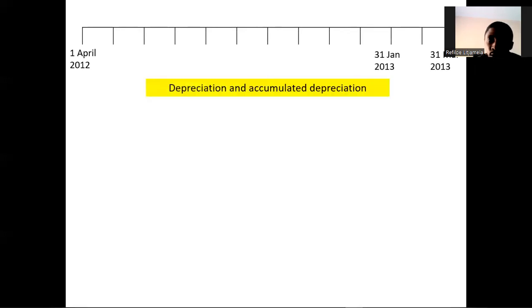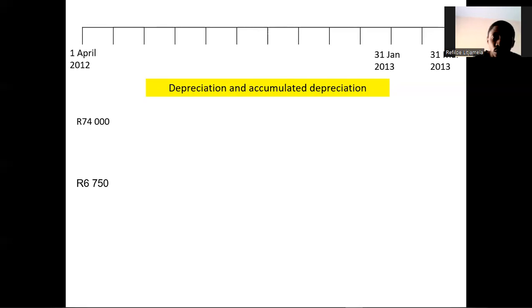Let's do the depreciation quickly. Please note that we had one equipment until the 31st of January, 2013. It was sold to the majority shareholder, which is the CEO's wife. Note that accumulated depreciation of all equipment at the beginning of the year was 74,000. I think in the previous video, I made a mistake by saying accumulated depreciation at the beginning of the year was 11,250. It was actually